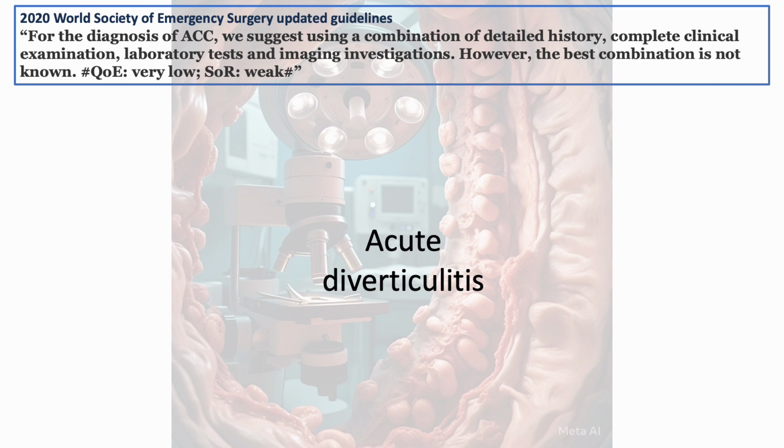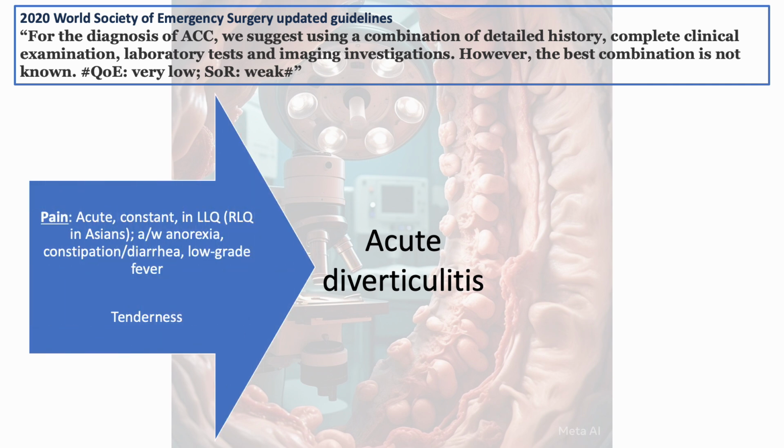And that's also supported by the 2020 World Society of Emergency Surgery updated guidelines. So the pain of acute diverticulitis could be acute, subacute, usually constant, usually in the left lower quadrant because of the presence of the diverticuli commonly in the sigmoid and the left side of the colon. But in certain populations, like in Asians, sometimes the diverticuli are more present in the right side and they might have acute diverticulitis in the right lower quadrant or right abdomen, mimicking other causes of